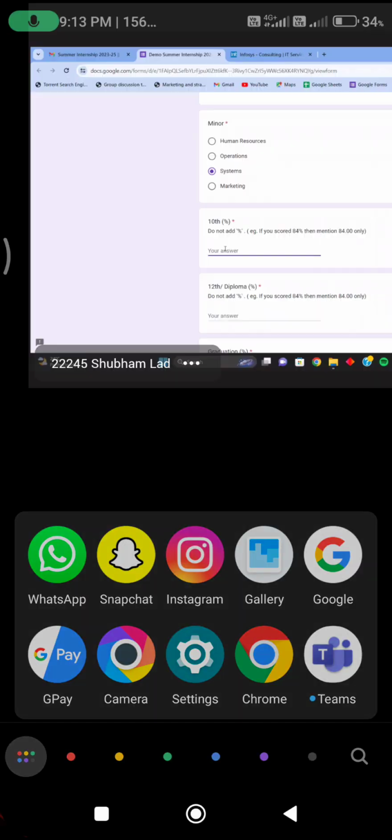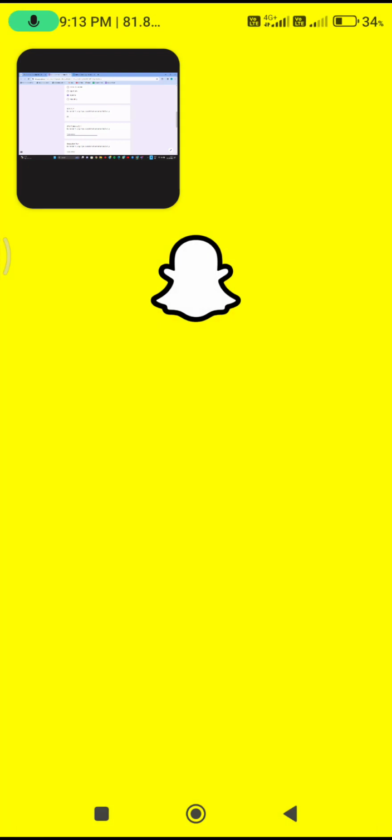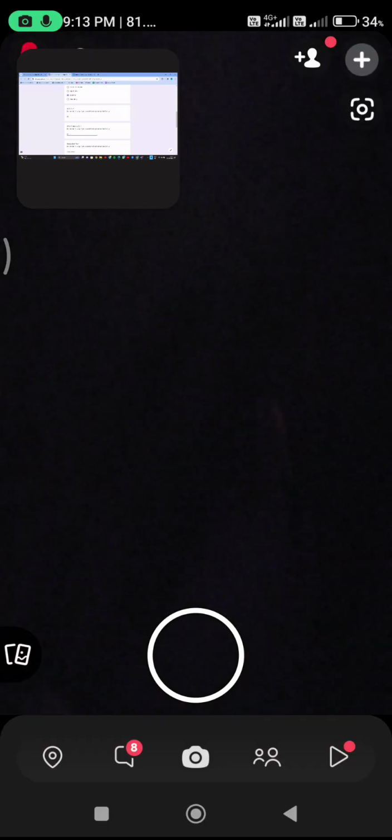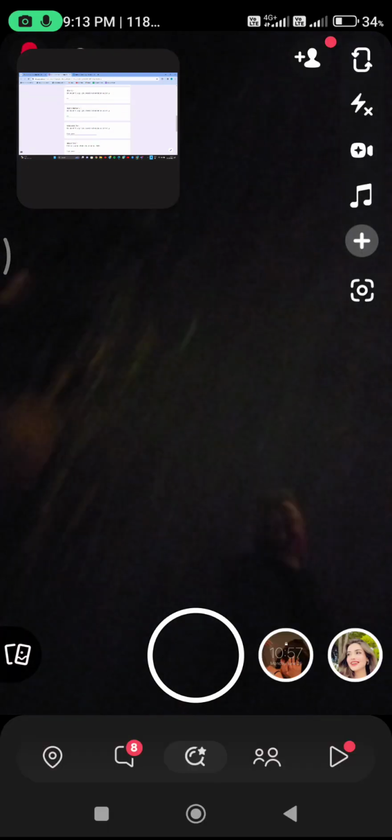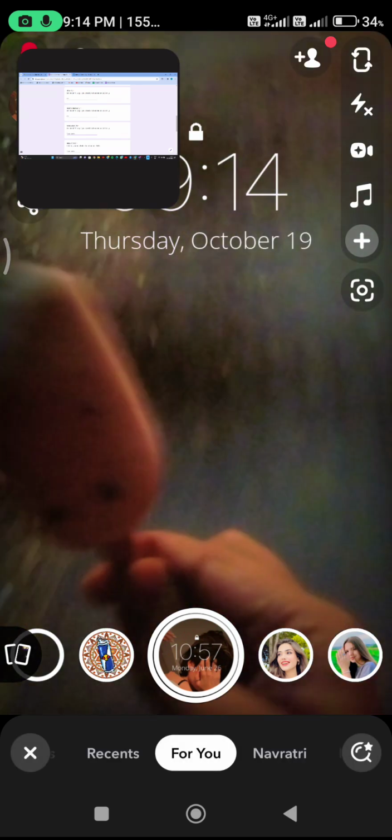After that, please do adhere to the guidelines which are mentioned at every section. As it's mentioned here, do not add a percentage sign at the end. You only have to put the percent which you have got, such as I'll randomly put 85. After that, same goes for 12th or diploma. You do not mention the percentage sign. You only put the number. Same goes for graduation. Do not add a percentage sign. Add only the